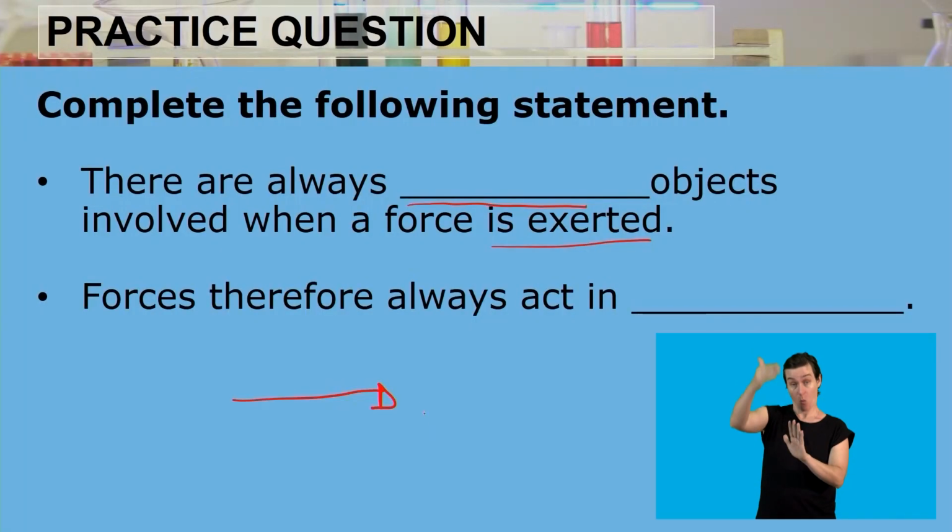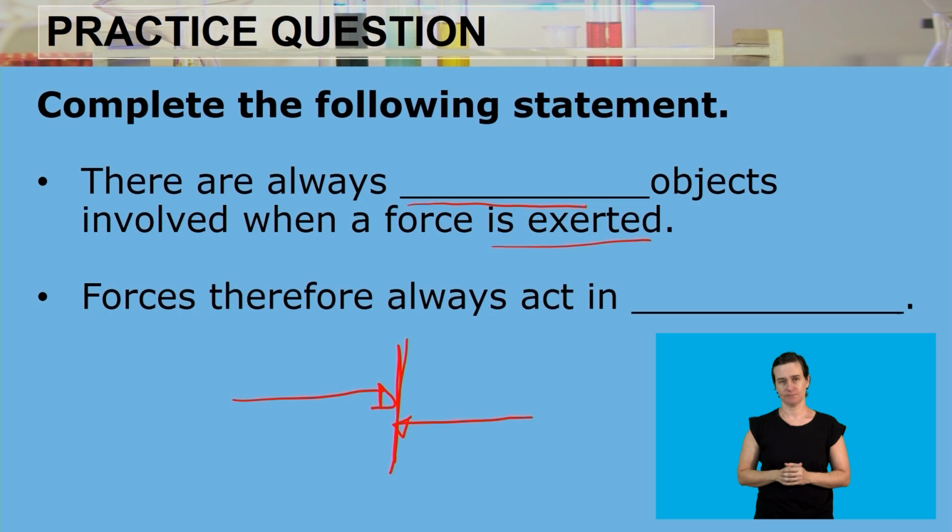If you are pushing a wall to the right, the wall is going to apply the very same force but then going to the left-hand side. So now that means there are two objects. That is going to be you, which is object A, and object B being the wall. So there's always two objects